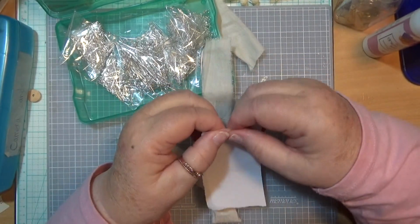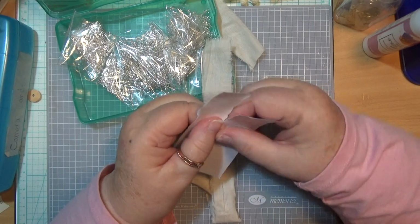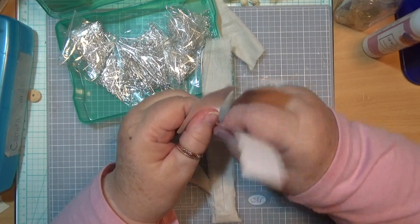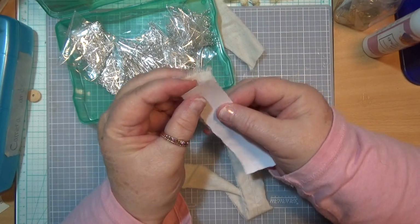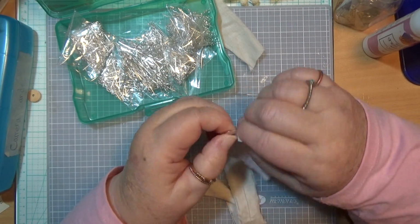So I need a piece of paper because I'm going to put paper under this to start with, because I am going to do this by hand without using any... I'm not going to use any...